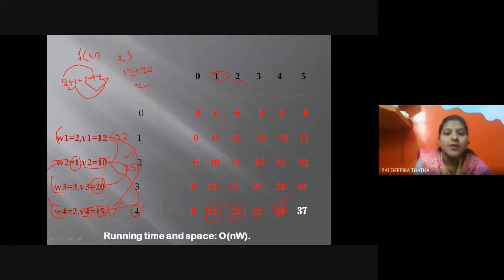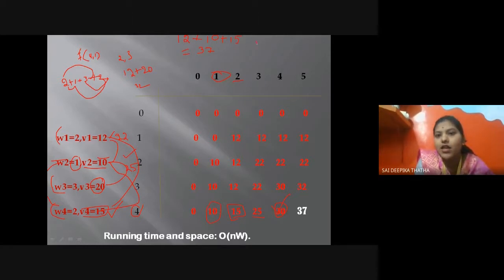Now, 2 plus 2 plus 1. What is 2? The first value of 2 corresponding is going to be 12, and the second V2 is going to be 10, and V4 is going to be 15. The weights' corresponding values should be taken. Okay, that is a shortcut. Easily we can solve. Now 10, 20, 30, 37. Now I am getting 37. Now if I add 3 plus 2, next 20 plus 15, that is what I am adding.